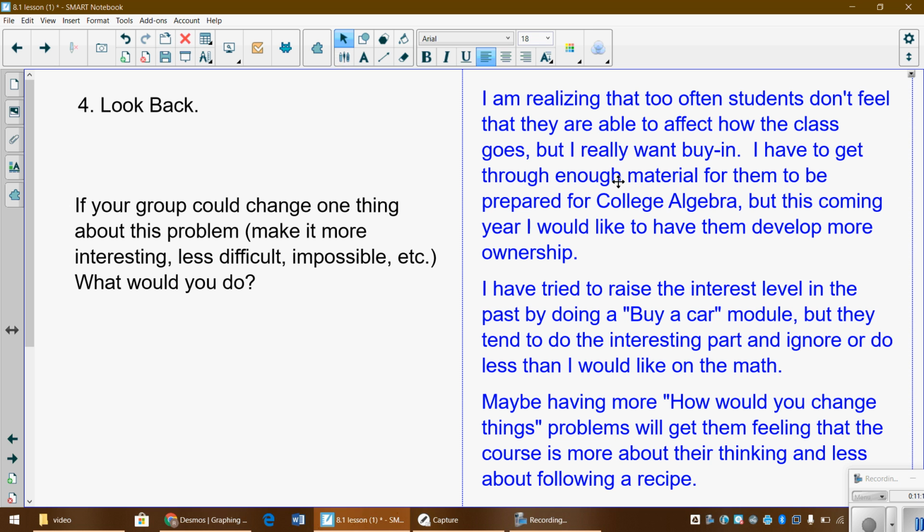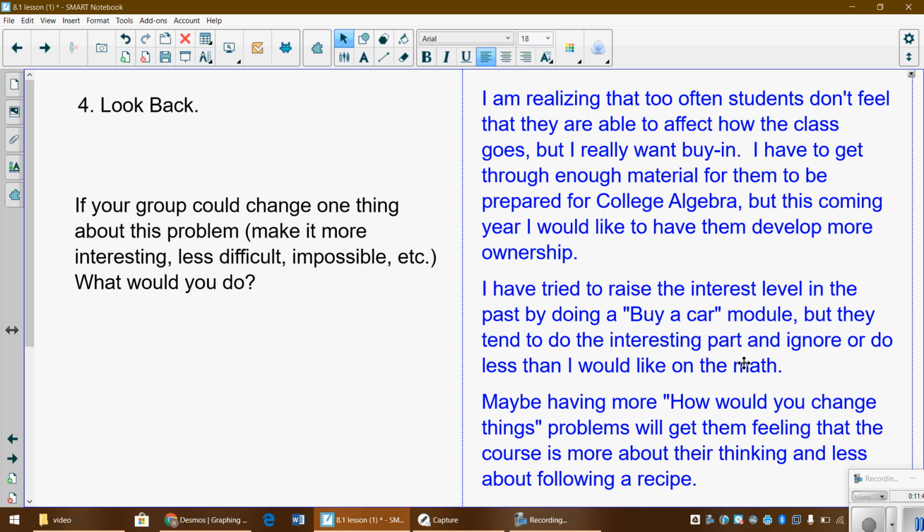So I have to get through enough material to get them prepared for college algebra. But this coming year, I'd like to have them develop more ownership. So if they have a problem from a physics class that comes up, or those kinds of things, I'm going to be trying to find ways to do that. I've tried to raise the interest level in the past by doing a buy-a-car module, but they tend to do the interesting part of looking at cars and they ignore the exponential equation stuff